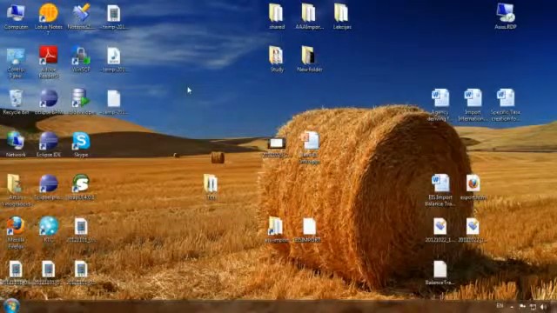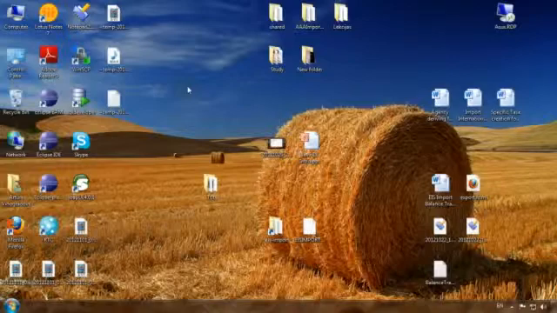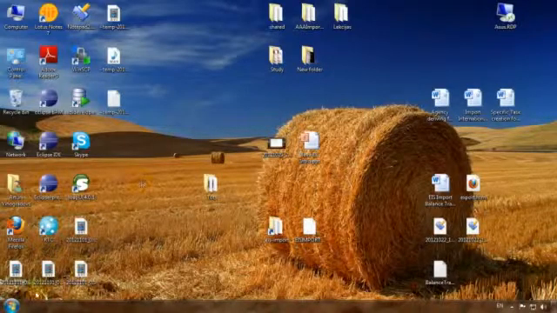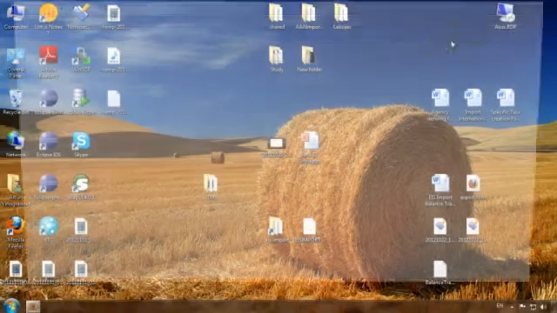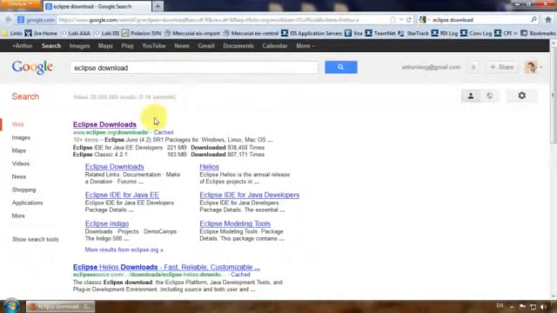In the first part of this tutorial we have finished Tomcat installation, and it's now waiting for applications to be deployed. Now we will continue by installing Eclipse, and to do so we go to Google again, type in Eclipse download. The first result is what we need,